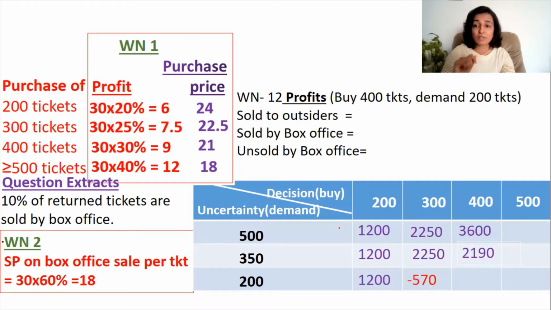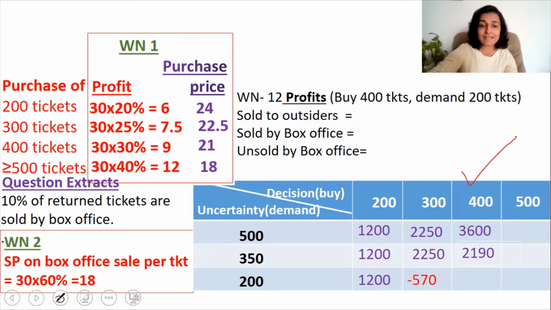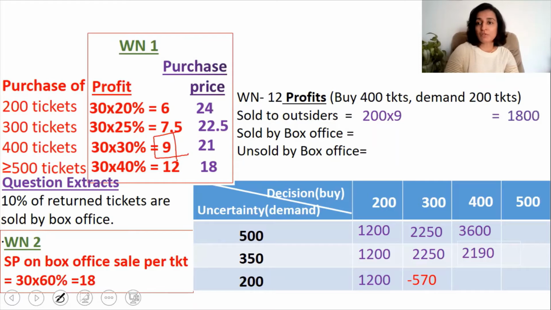Now coming to the next situation, he buys 400 tickets and the demand is only 200 tickets. So the maximum quantity that he can sell is 200 tickets because that's the maximum demand. So sold to outsiders will be 200 tickets multiplied by 9. What is 9? 9 is the profit per ticket, which amounts to 1,800. And what is the quantity unsold? 400 tickets he bought, only 200 tickets he was able to sell, which means that 200 tickets is unsold with him,